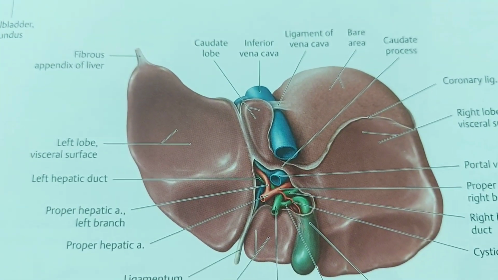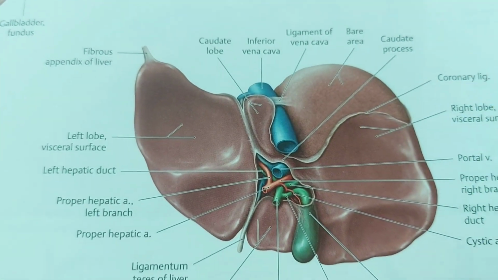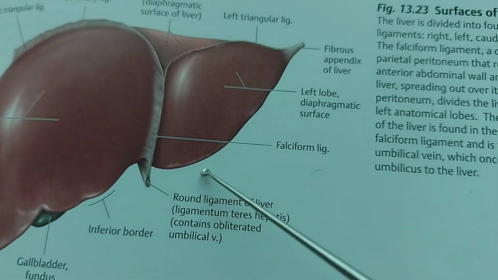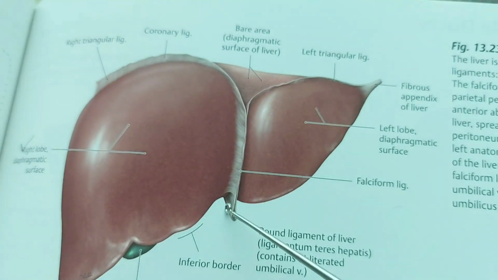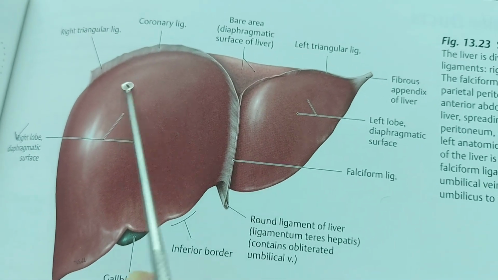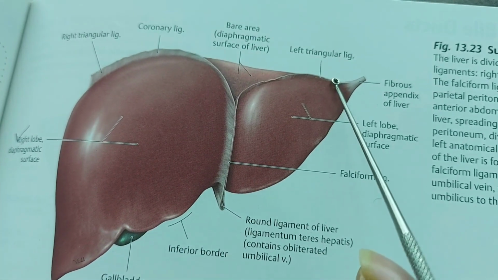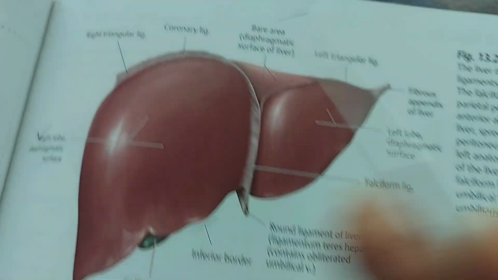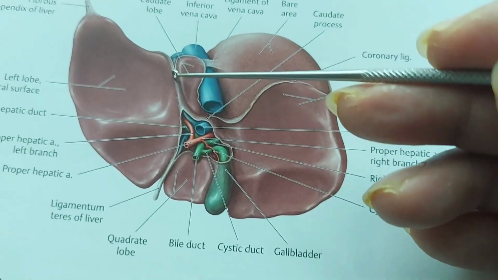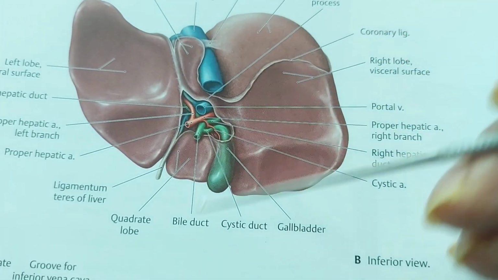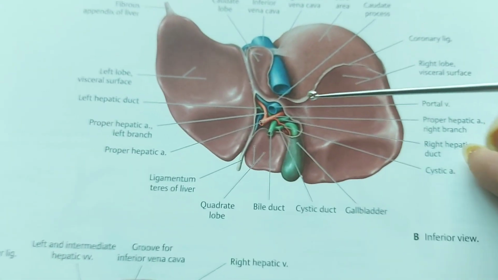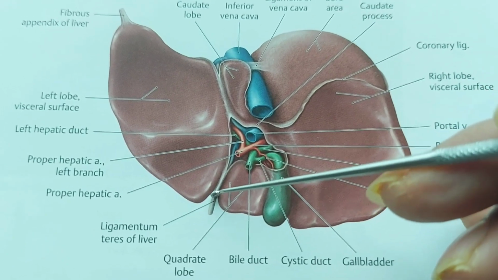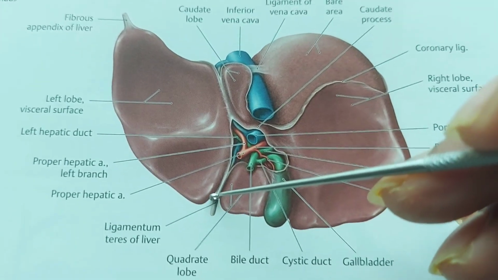There are some ligaments in the liver. You have to orient with these ligaments. You can see the falciform ligament, and this is the coronary ligament, and this is the left triangular. This is the right triangular ligament, and here is the ligamentum venosum. These are the ligaments. And the ligamentum venosum and the ligamentum teres hepatis, these are the structures that are the remnant